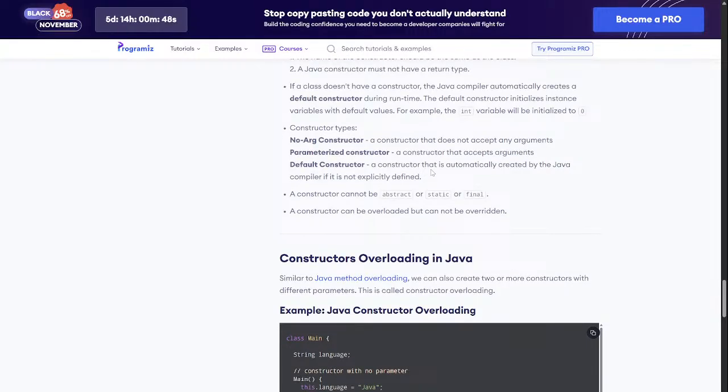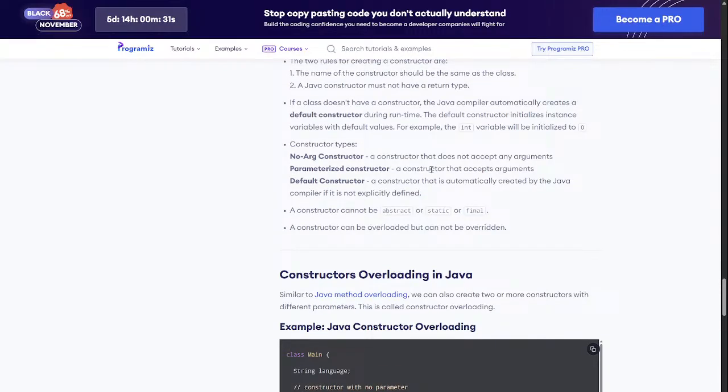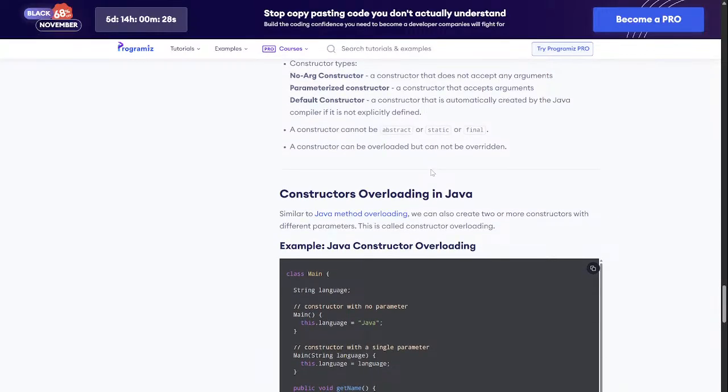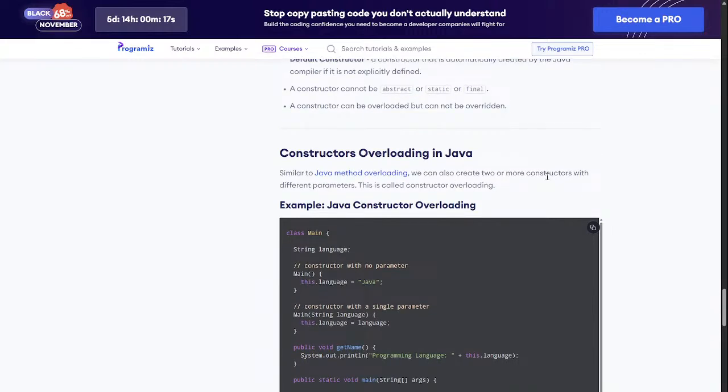Let's recap what we have learned: no-arg constructor, parameterized constructor, and default constructor. A constructor cannot be abstract, static or final. This is an important thing. And a constructor can be overloaded but cannot be overridden. Let's see what this sentence means. What is the meaning of